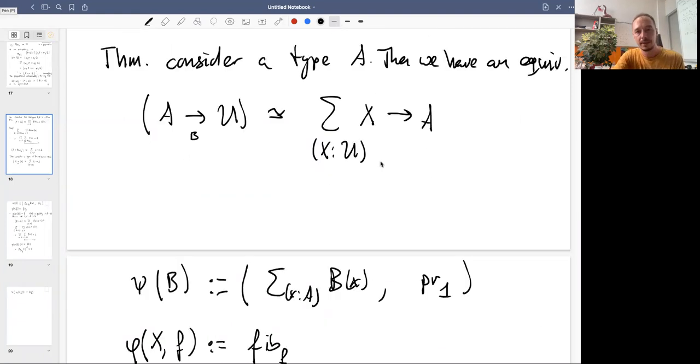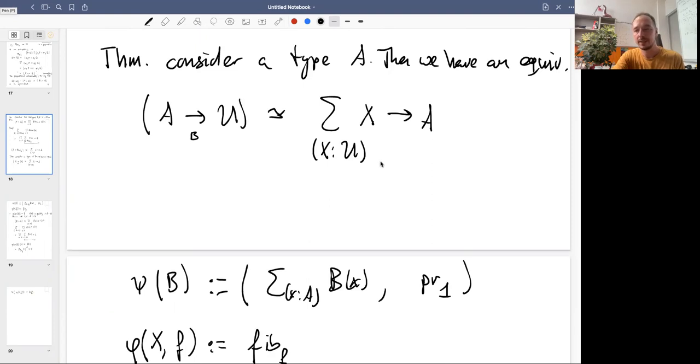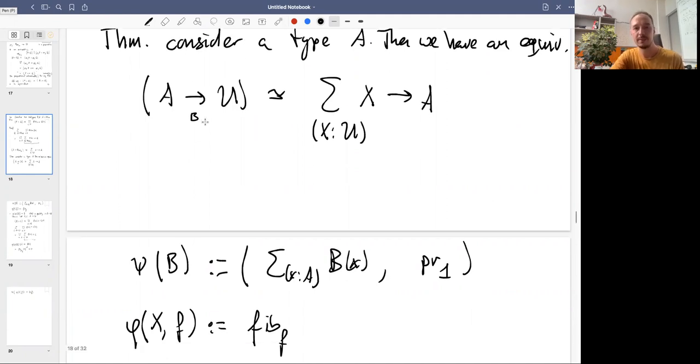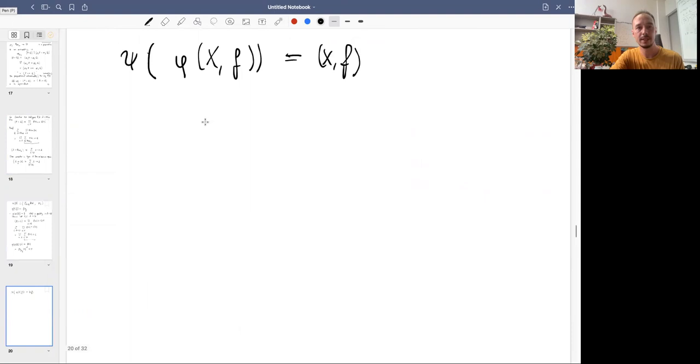So again, we are going to characterize the identity type of this type. This is probably the most important thing that I have to say to you during all my 3 lectures: if you're working in type theory and you have some type that you're interested in, like in this case we're interested in those 2 types, it is almost guaranteed that you want to know something about the equality of this type. So go ahead and characterize it using the fundamental theorem of identity types. So this should just be standard. So we're going to do that now.